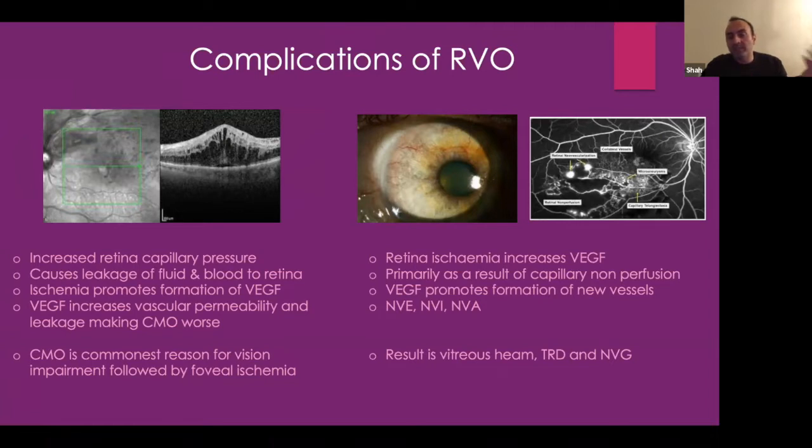But if these blood vessels then grow to the front of the iris, they can block up your trabecular meshwork, increase pressure, get neovascular glaucoma, and disaster. You've lost vision and lost the eye. So it is very important that when you see a patient with retinal vein occlusion, you do make an immediate referral, because macular edema can come on quite quickly. And whilst I'm not saying you might urgently start everybody on anti-VEGF, we do want to see the patients ASAP.